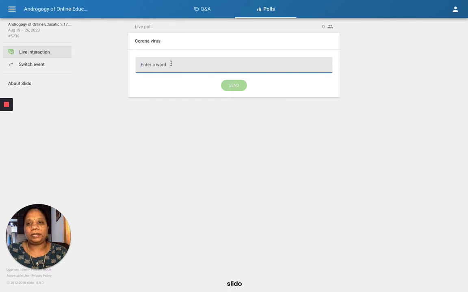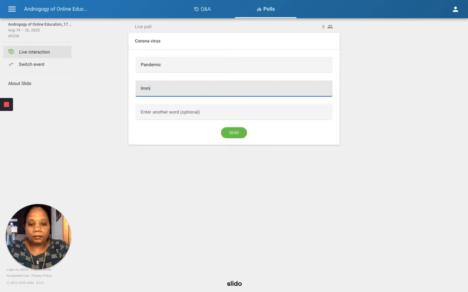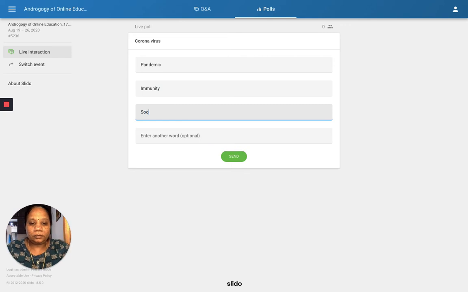As and when you create a new activity, it automatically is shown to the student's account. So here in the student's account, let me type in some words. Okay, the first word is, let me type in pandemic. Okay, and I will give another word, say immunity. I will type in another word, social distancing.